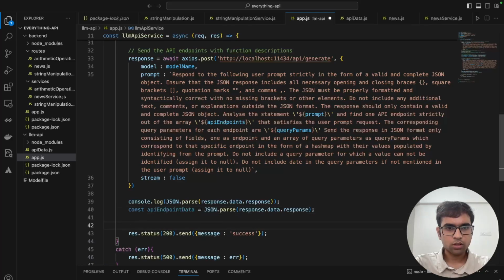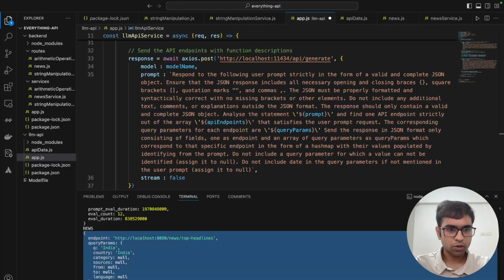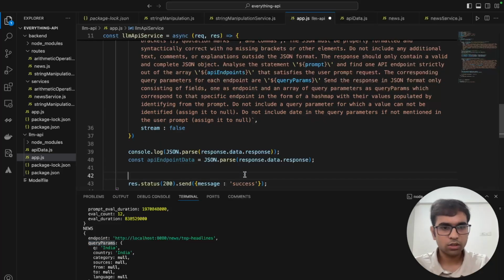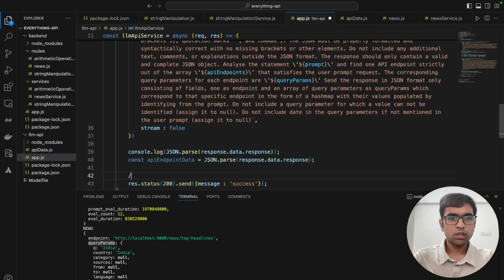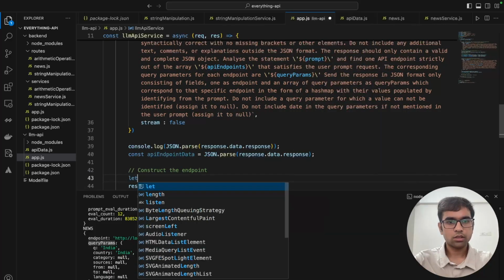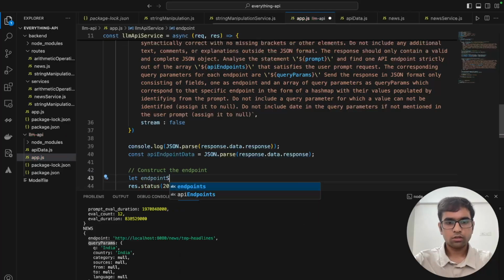Now we need to construct the entire endpoint. So let's see what form of output we are getting. This is the form of output that I'm getting, and here we will be having an endpoint and the query parameters associated with it. So let's construct the endpoint first and then we'll hit onto the backend. So now construct the endpoint. So how do we do that? Let's take a string, let's say endpoint string,